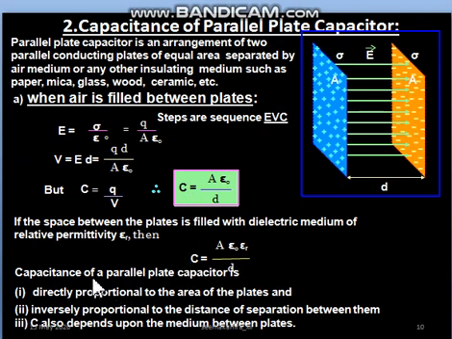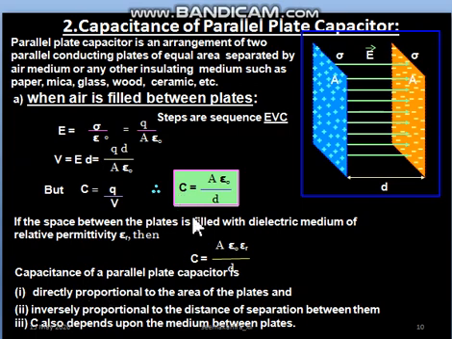Now we will be doing this detail that in case if we replace the air with some dielectric medium, then in place of epsilon 0 it will come epsilon 0 into epsilon r, and the formula of C will change. So dielectric case we will be solving in detail in the next sheet. Then we can discuss the parameters on which this C value will depend.